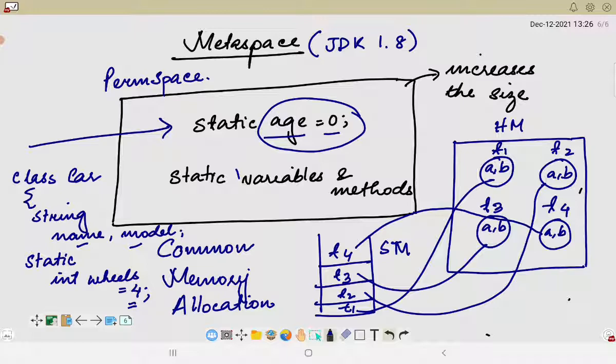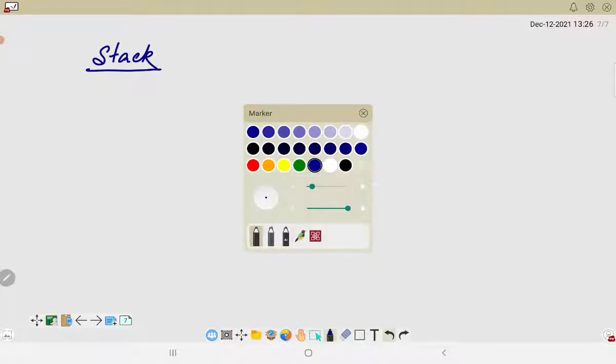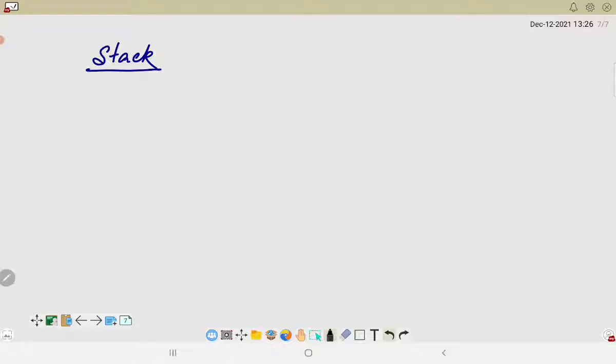Now talking about both the memories, that is stack and heap, there are certain differences or important factors which we have to understand. So if I'm considering the stack memory, first of all it will consider the methods as well as variables.